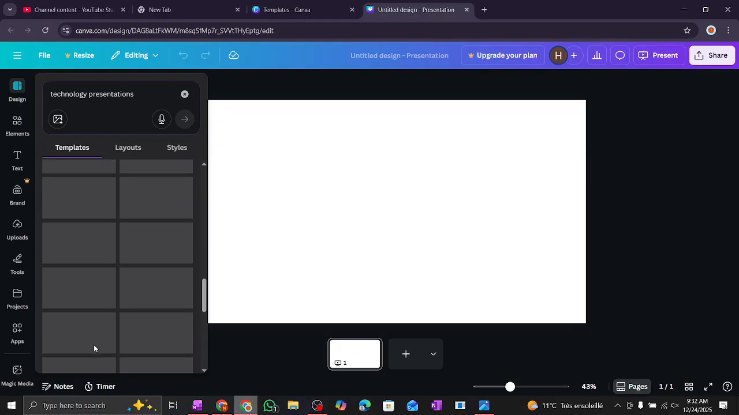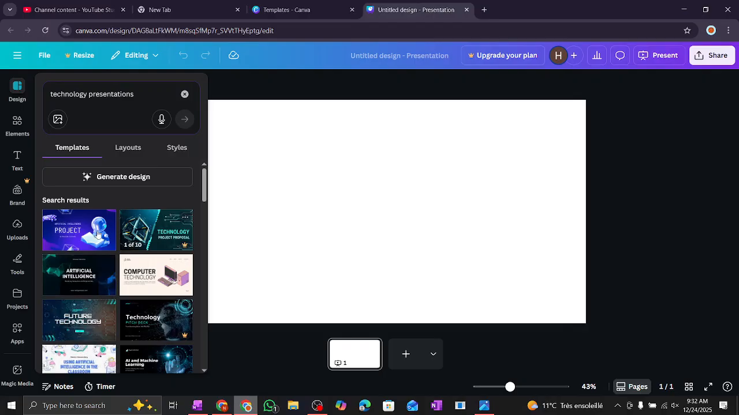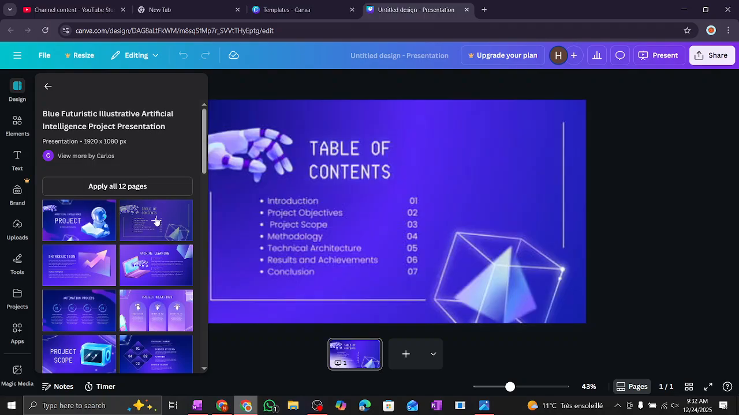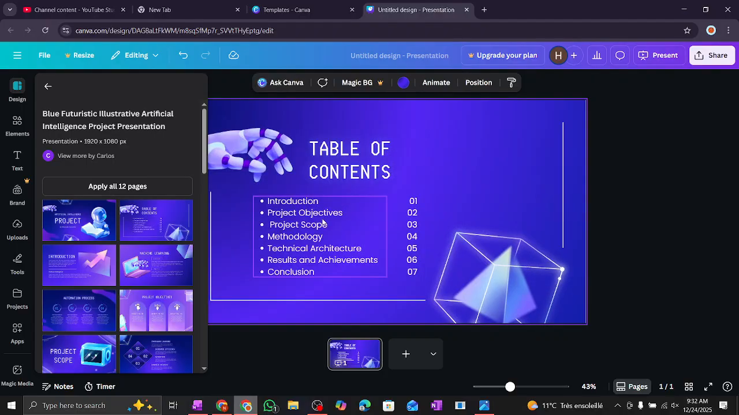Here, you're gonna choose which one you want, click on it. For example, this one. You're just gonna click on the one that you want to work on. For example, this one. Here you can edit the text according to your needs, or you can edit anything here that's gonna work for